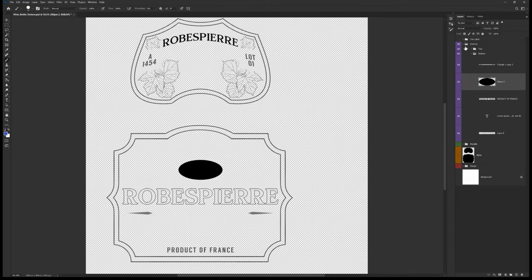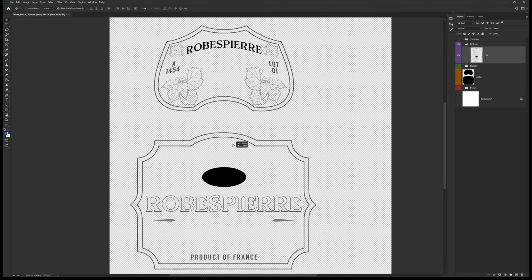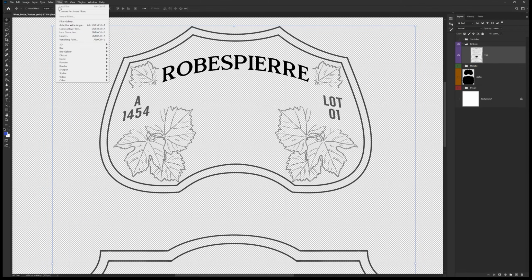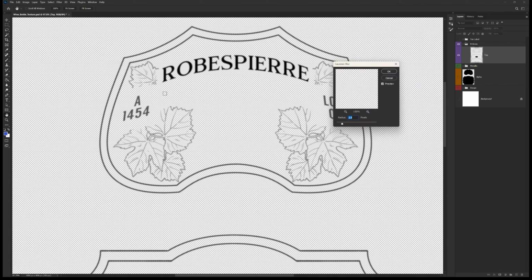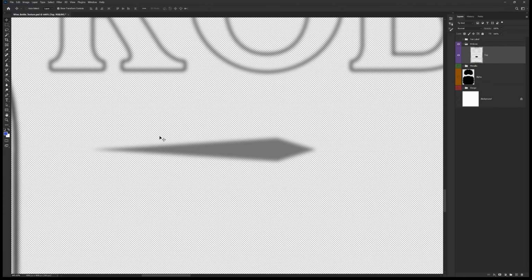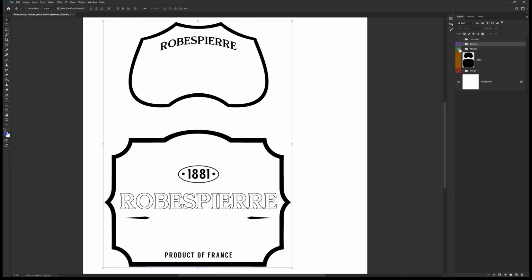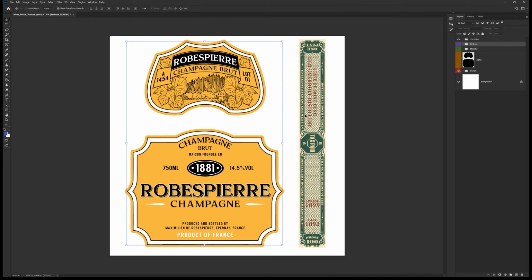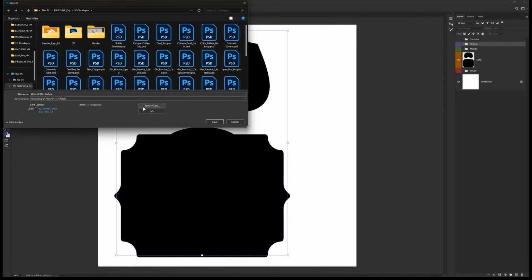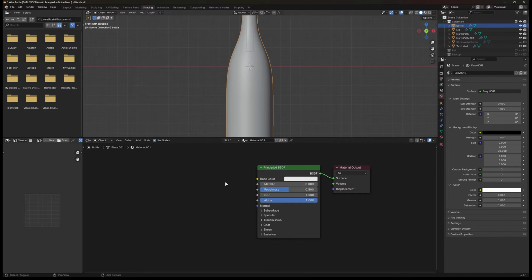If you are done adjusting the brightness on the design, merge all the layers by pressing Ctrl plus E. On the top window bar, select Filter and search for Gaussian Blur in the Blur section. Adjust the blur to 3 or 2.5, then hit OK. So the blur on the design will smooth the sharp edges inside the emboss. So important. Now we can save the individual textures as PSD or JPEG. Don't forget to unhide the text label for the original design. After you're done saving the files, close Photoshop and move to Blender.